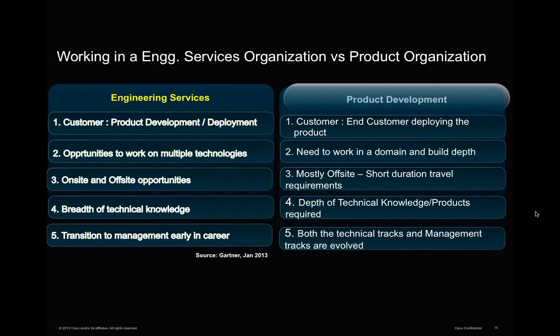Because of the virtues of working in a particular product area for a longer time, you get opportunities to develop a significant amount of depth of knowledge in a particular technology or a product segment, right? You may be working now in cloud computing or SDN or storage as a technology or networking or telecommunications if you're a product organization. And if you're going to be a successful product leader, you will obviously have to develop a significant amount of knowledge in that domain, both from a domain and technology perspective,